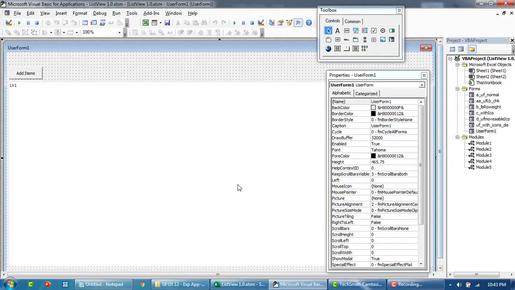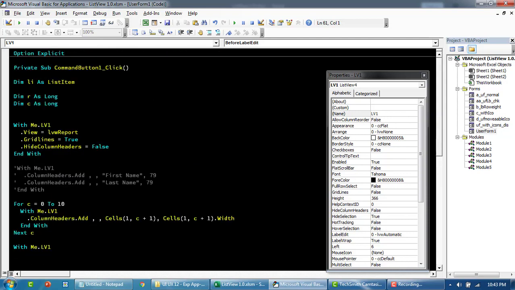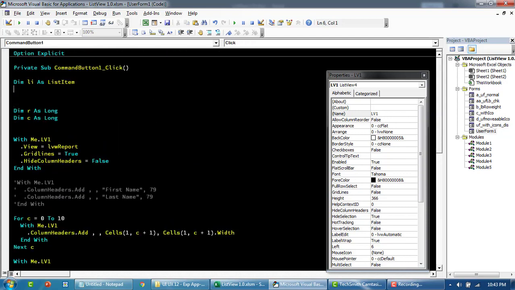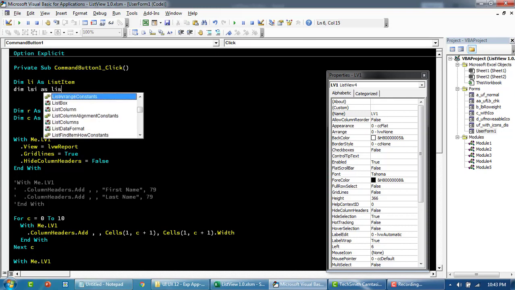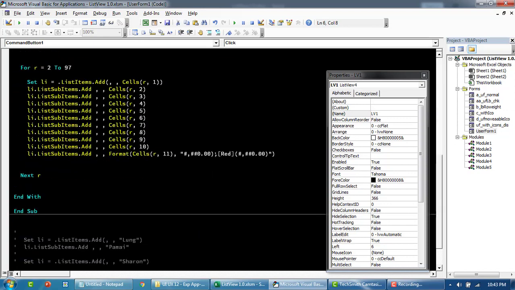That looks better. So one quick thing, we'll try to use this list sub item. We'll just call this list cell, or basically list sub item, something like that, as list sub item. Okay, and then down here I'm going to say set list item equal to, you could specify whatever list has been added up here. So list sub item,